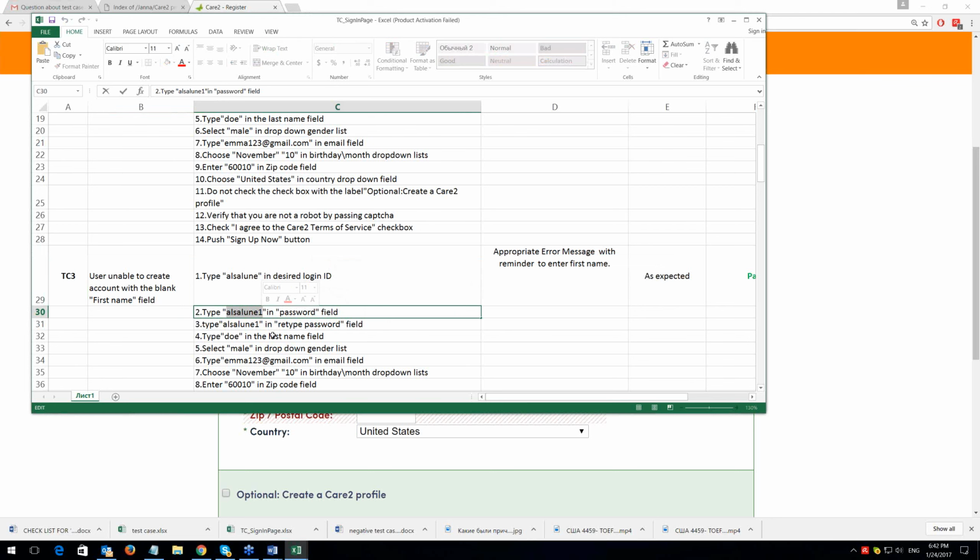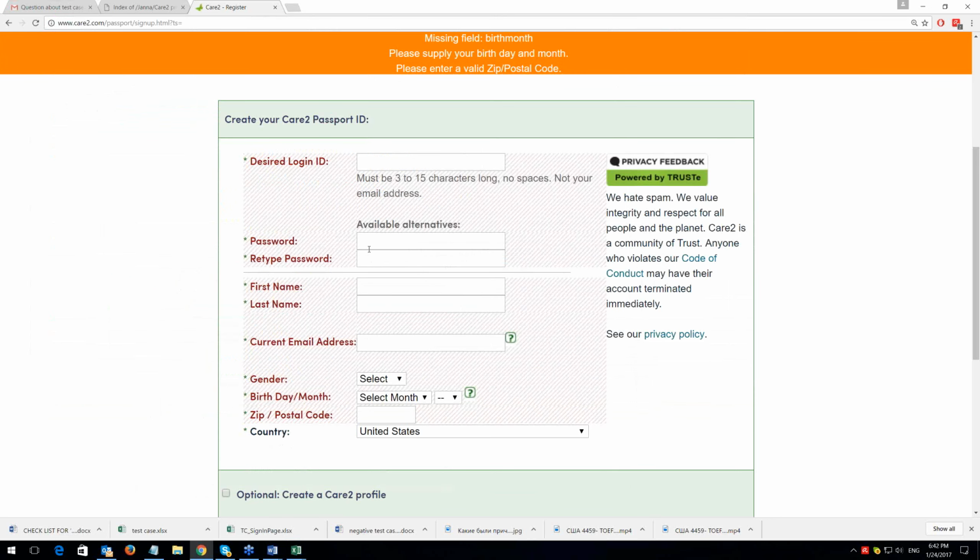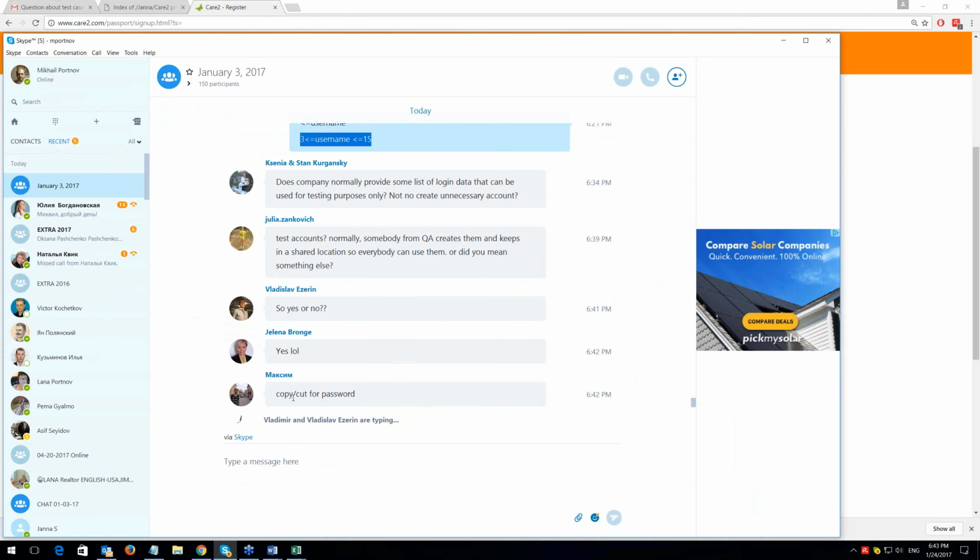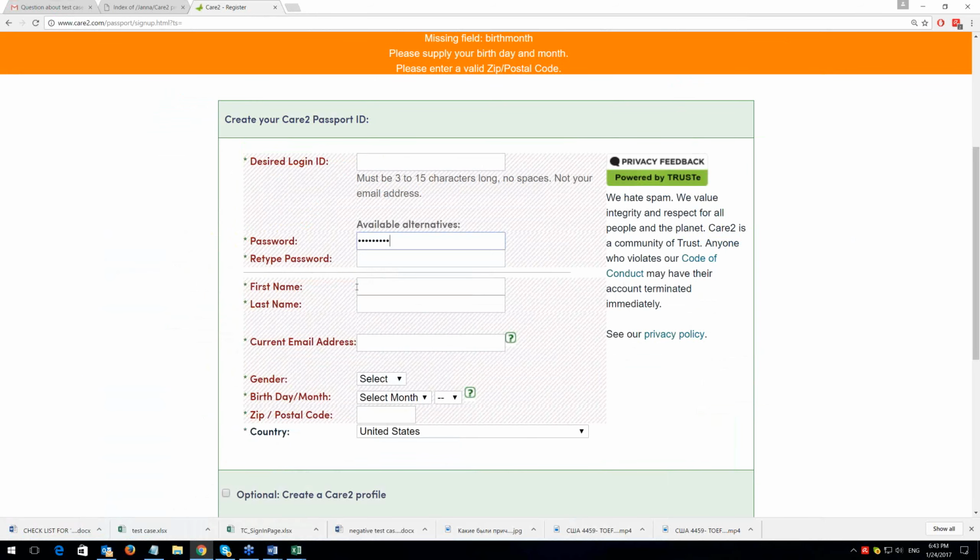And I have spreadsheet and I should be able to paste it here. When we are talking about the password and copy, cut or copy paste, let me go to this copy cut. Yes, test case would be, please make sure that you cannot copy or cut from the password.